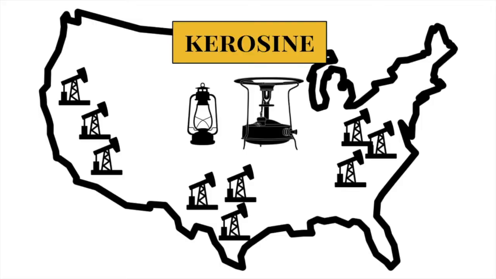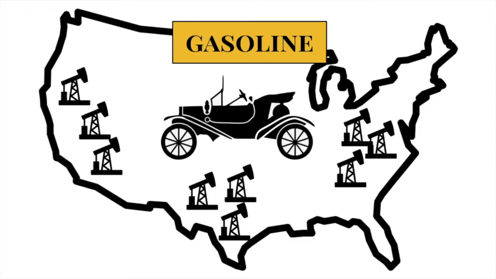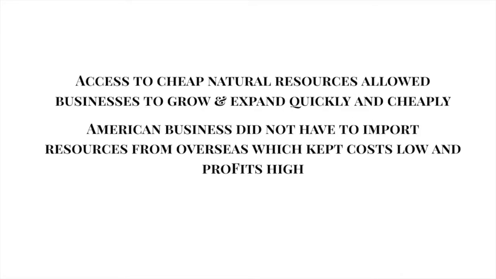And as the Industrial Revolution progresses, and as we see the importance of kerosene and then gasoline eventually, America has tons and tons of oil fields, not just on the eastern part, but in the southern part and the western part of the country. So kerosene and gasoline will be hugely important as we progress to the automobile age.